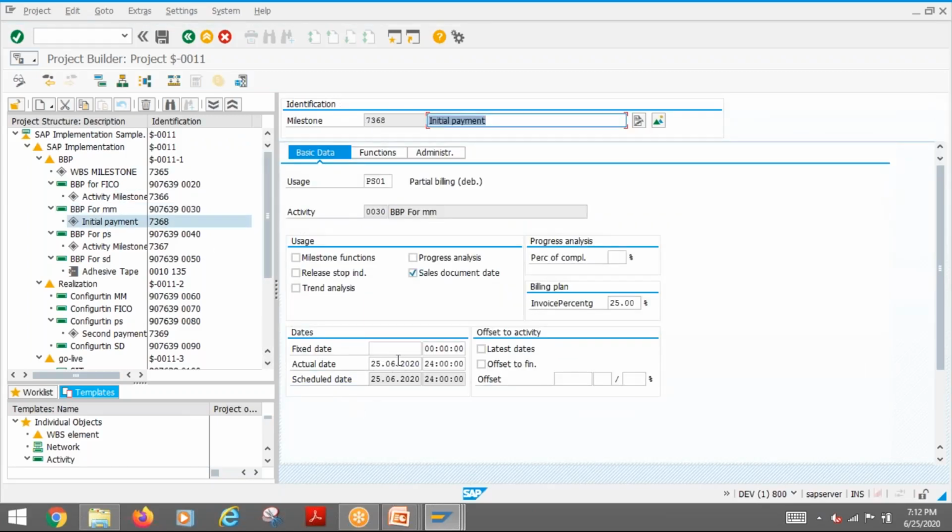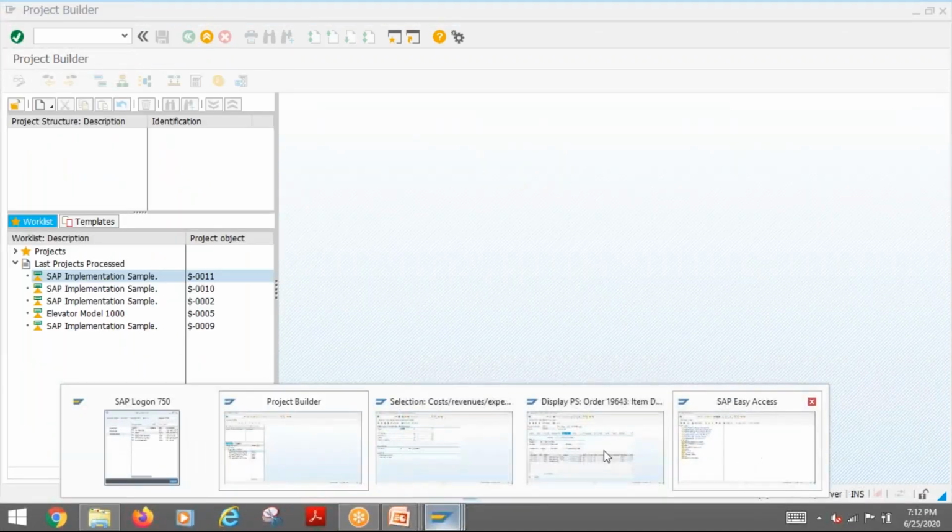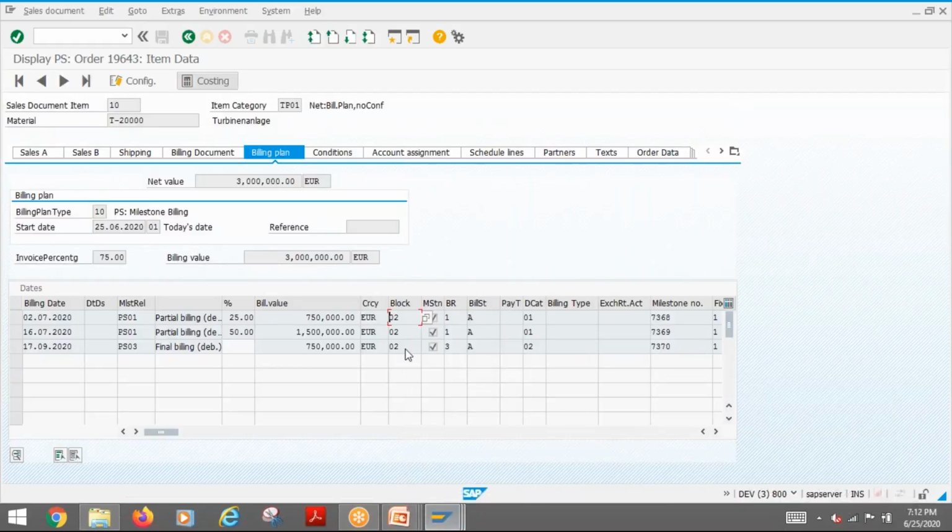Then it has to go to the actual date. Okay, when you're confirming it, automatically the date will be transferred to the milestone. That is how you will say milestone confirmation. So what happens once you confirm the milestone? If I look at this, 2 is there, right? Still 2 is there. So for example, if I go back, then display again,